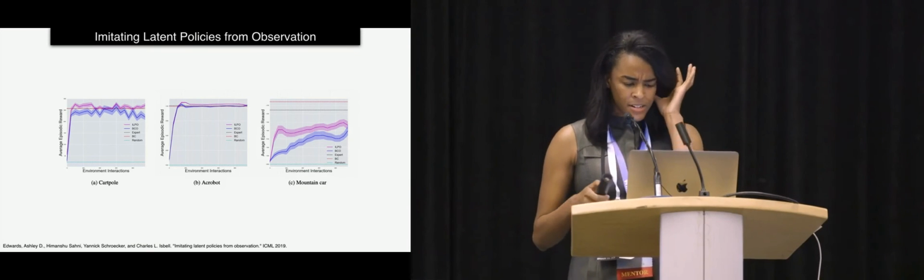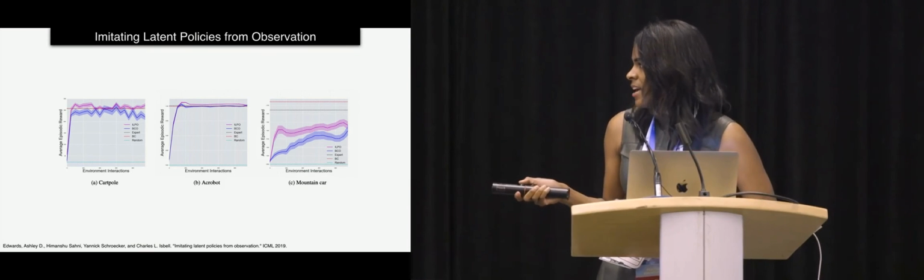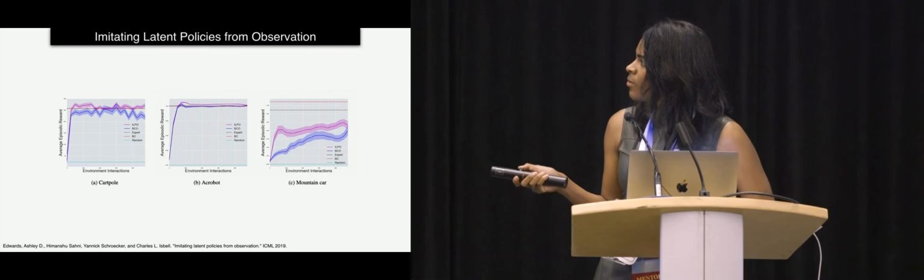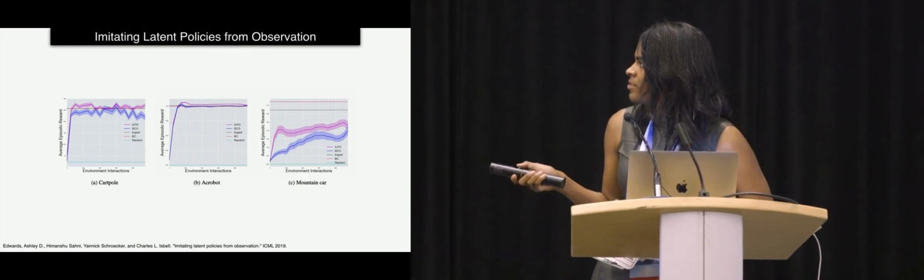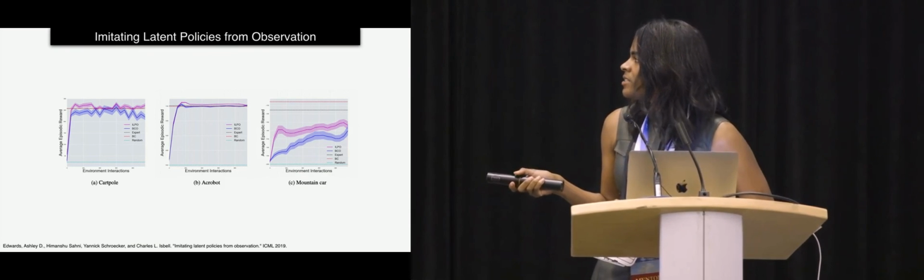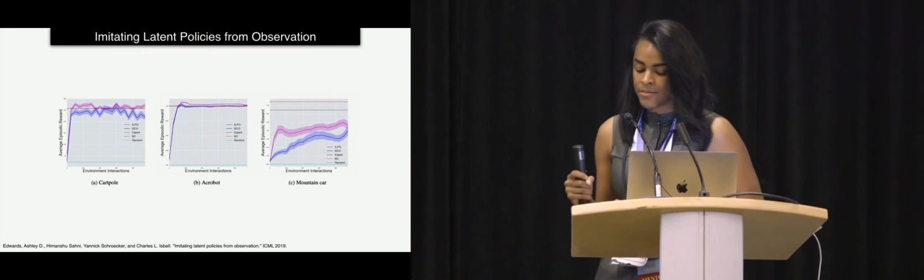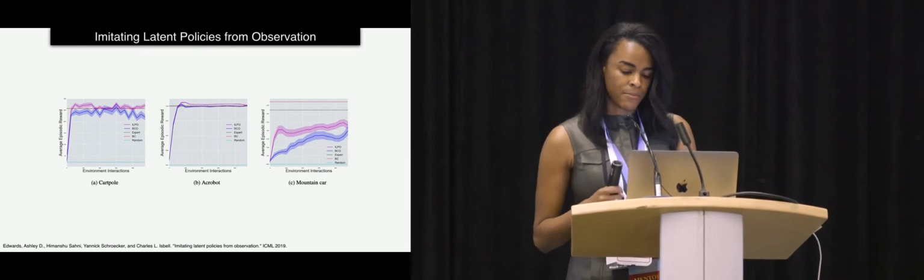So here are the results. On the x-axis, we have our environment interactions. On the y-axis, we have our reward. And here in blue is behavioral cloning from observation, and our approach is in purple. And you can see that we're able to learn much more quickly with fewer environment interactions with that approach, because